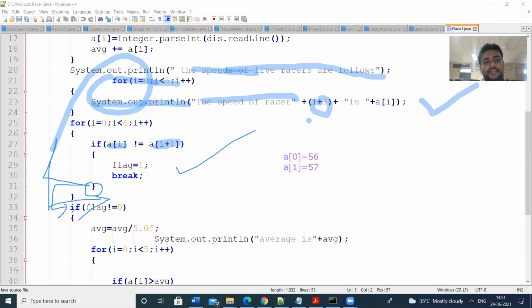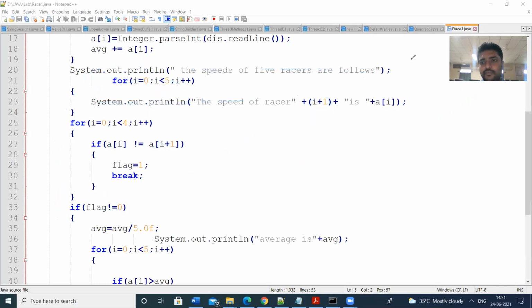Next I am checking the condition: if the flag value is not equal to 0, do some operations. That means the speeds of the racers are not equal. If the speeds are equal, then we will print some statements.